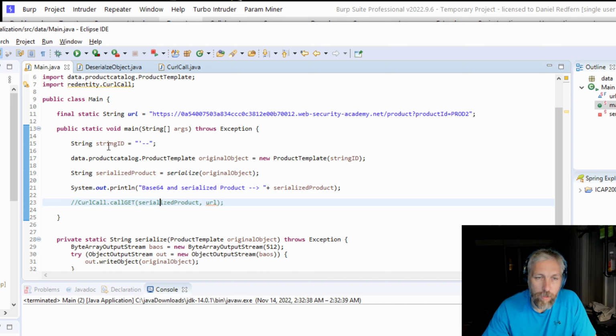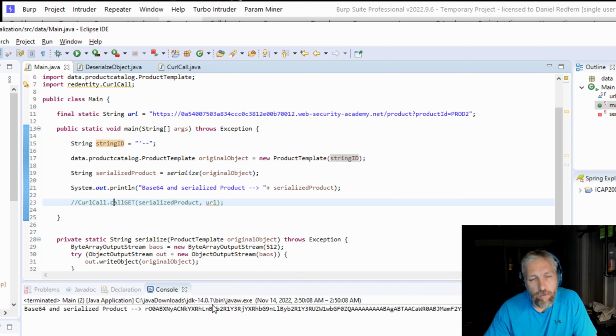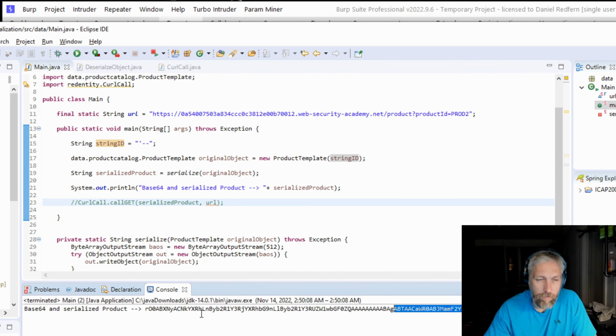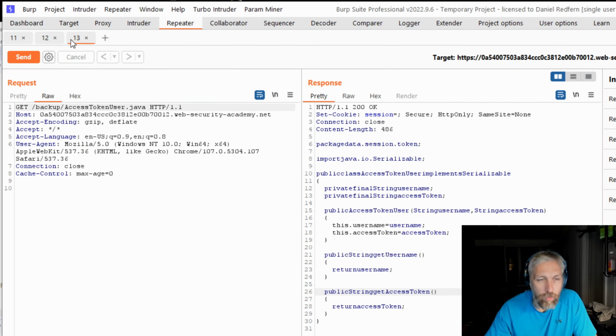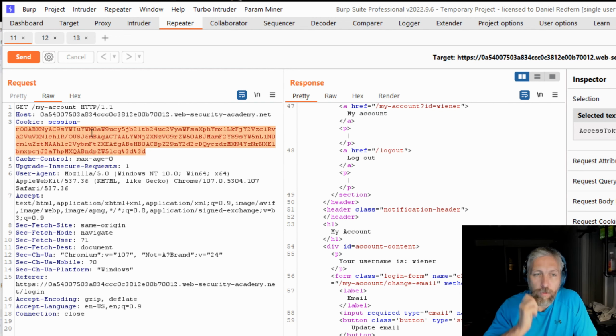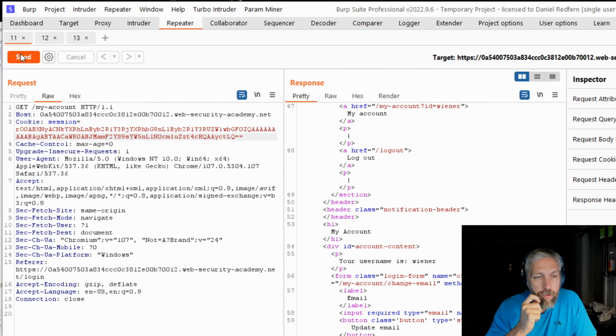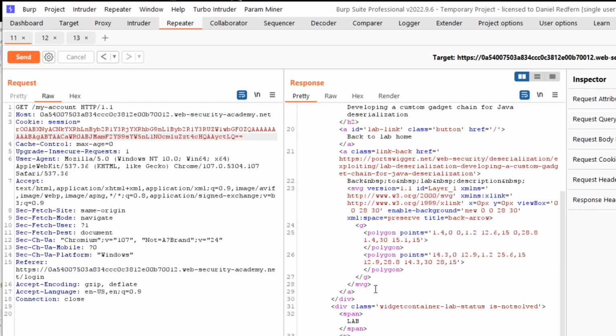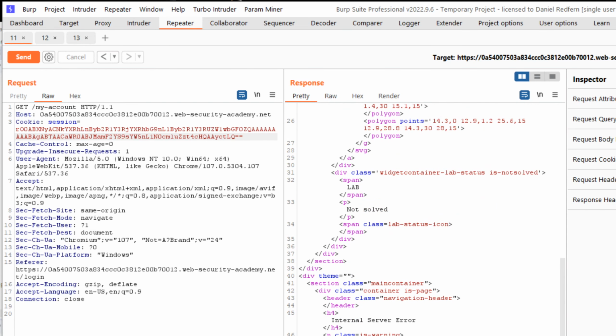But essentially what I'm going to do is create an instance of this product template and send what is called the ID, passing that variable to the template as part of the instantiation, and then I'm just calling a custom method that I've used. The get call I've created for the purpose of speeding up the process, but essentially, as you can see from line 28 onwards, when it's called, I'm just getting a base 64 version of that serialized object. So if I do a request,